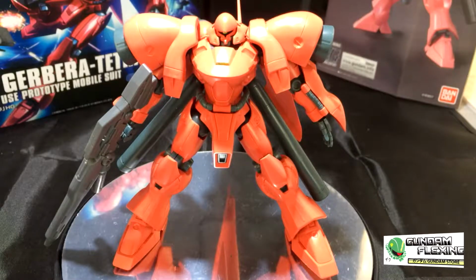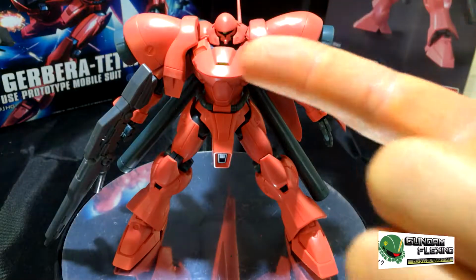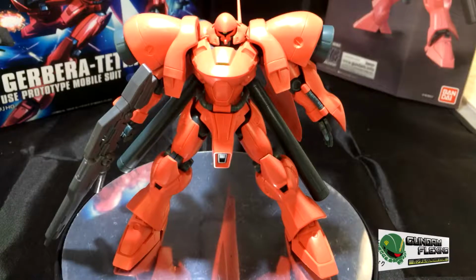Gundam Flexing here with the review of the AGX-04 Gerbera Tetra from Gundam Stardust Memory. I just completed this kit, took less than 3 hours to include the sanding down and everything. That wasn't too bad as compared to the previous kit we just built. But before we go on to the model itself, I'm just going to go over all the extra pieces